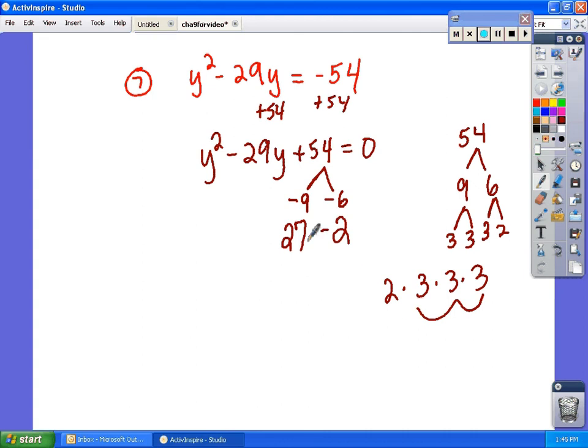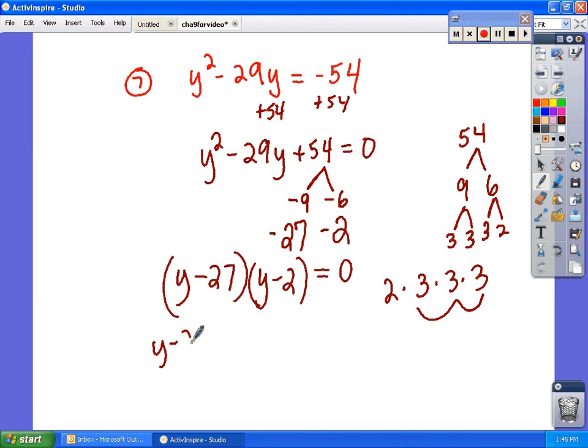Well, actually, if they're both negative, that's it. -27 times -2 is positive 54, and you add them, you get -29. So I could factor into y minus 27 times y minus 2, which equals 0. And if I set both of them equal to 0